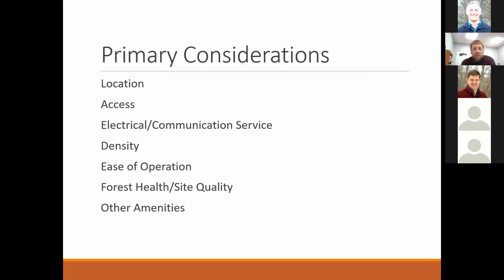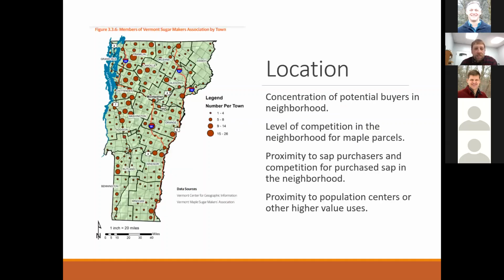So the primary considerations for Sugarbush real estate that I've seen are location, access, electrical communication service, density, ease of operation, forest health and site quality, and what I'll lump into other amenities. So first, on location, this is a really cool map that shows you the members of the Vermont Sugar Makers